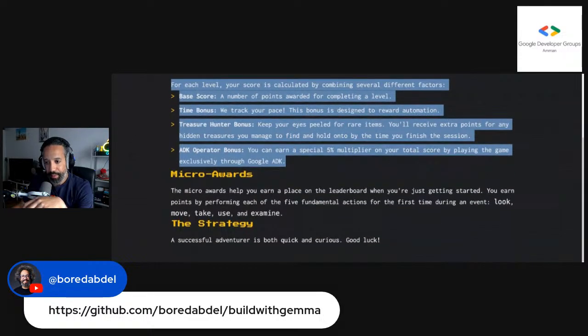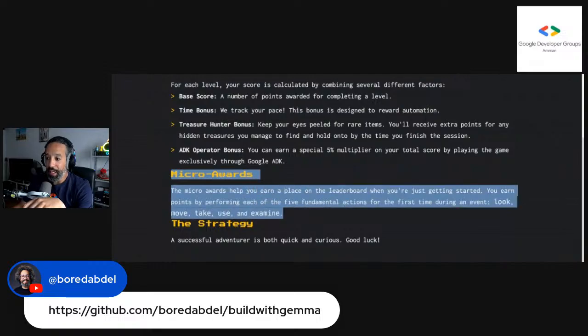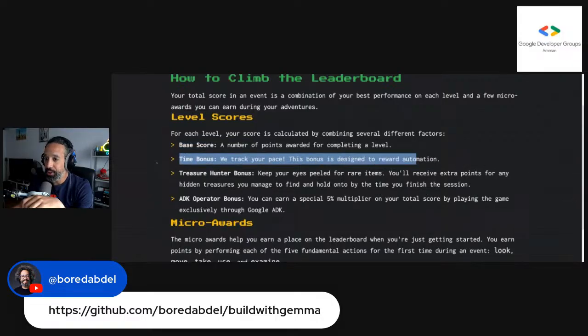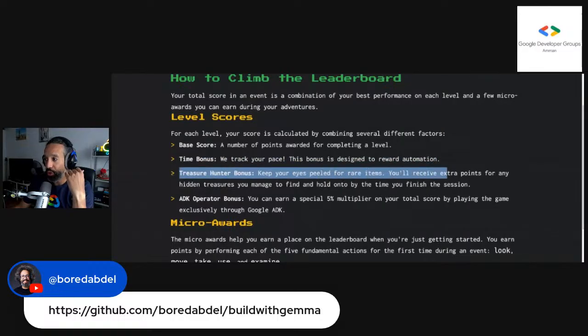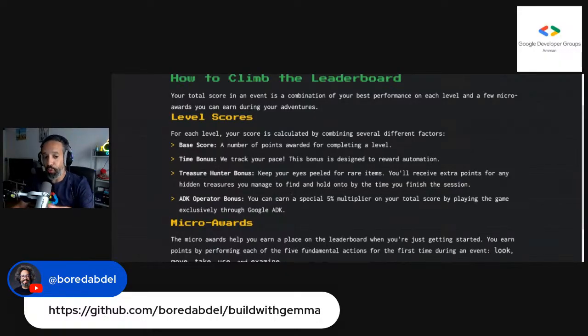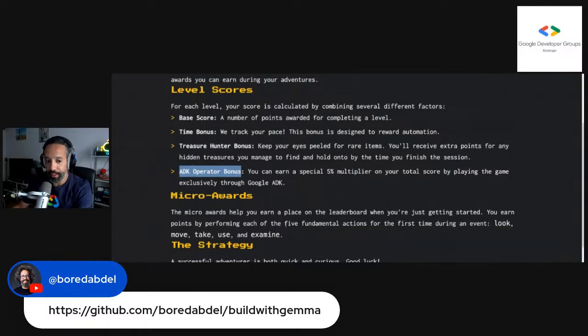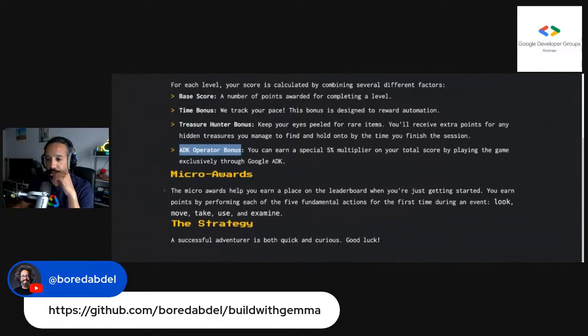And then it will also give you some micro awards. You have a base score, and a time-based bonus, depending on how fast you play the game. You have some treasures that you can try to find around. Of course you're not going to find them yourself; you're going to have the agent find the treasures. So you can tweak the instructions of the agent to ask it to find treasures. You have a 15% or 5% multiplier if you are using ADK. Obviously you have to use ADK to play the game. Otherwise we will know. We have built a tool inside the API that detects if you're not using ADK. And then you have